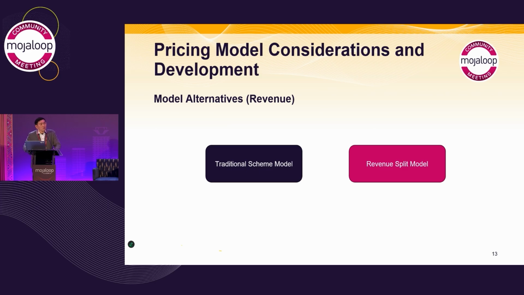So for now, we have finished estimating transaction volume, and we have the cost structure, the cost model. We need to put in some numbers. And then now we have a big decision. With a clear understanding of our projected volume and cost, we can evaluate different pricing models. We focus on 2 alternatives here. The first is what I call a traditional scheme model, and the next one is the revenue split model.